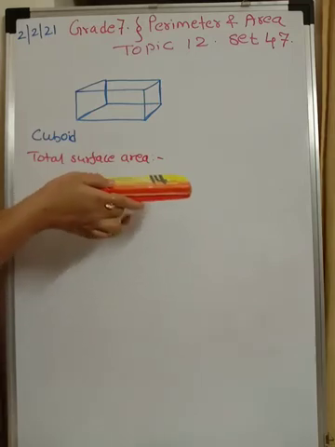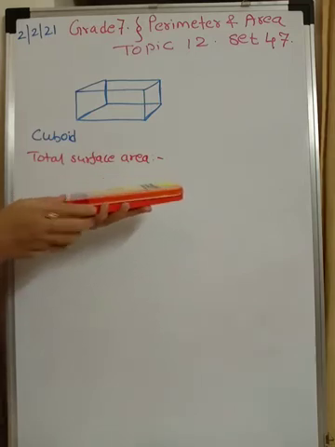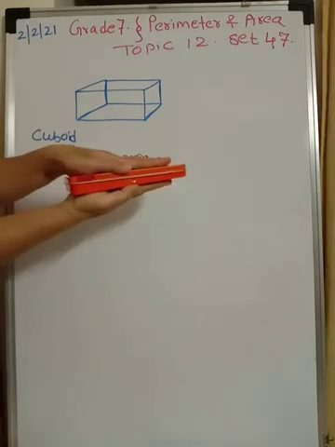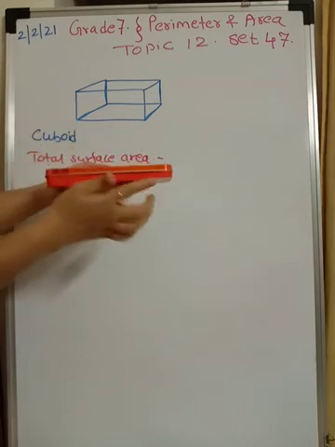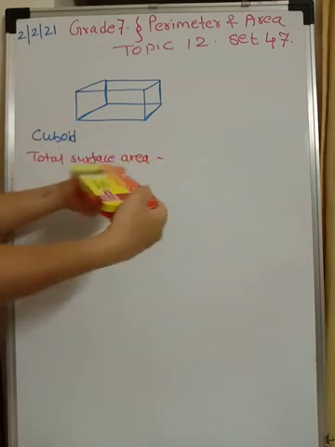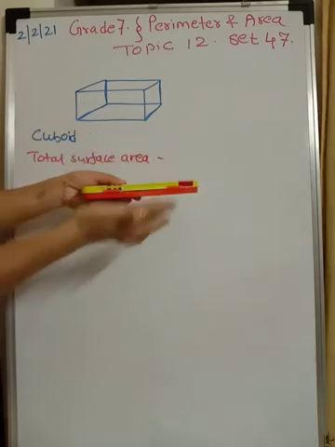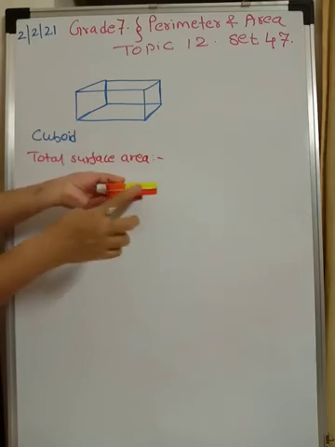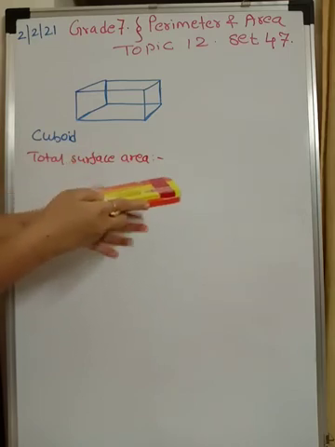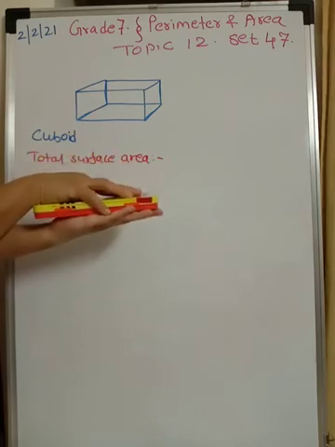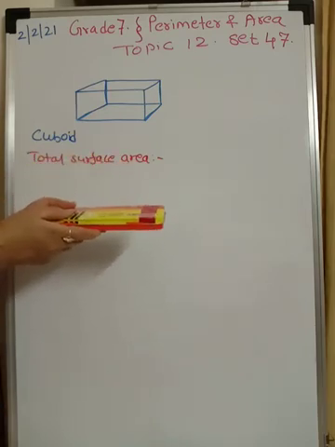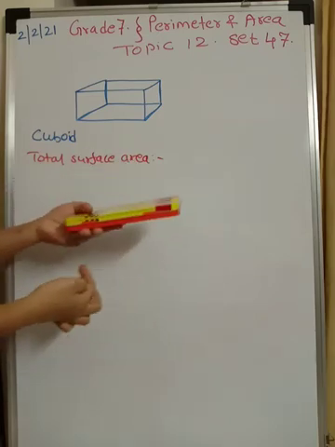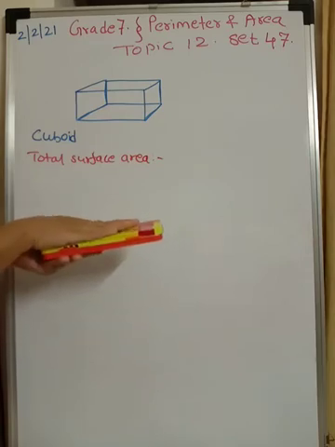Now see, let us check first how many faces are there. This is the topmost face and this is the other face. These two are similar faces, so 2. Now this is another face, and opposite to this is another face. So 1, 2, 3 and 4. And over here 5, and this is 6. These two are same, these two are same, and these two are same. So altogether, as with a cube, you have 6 faces for a cuboid also. Total surface area is the sum of all the areas of these 6 faces.